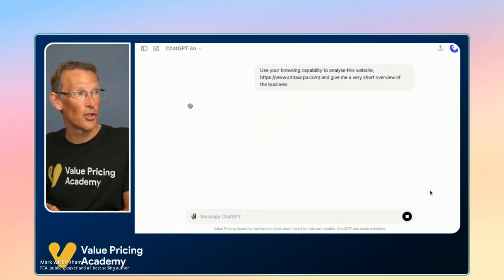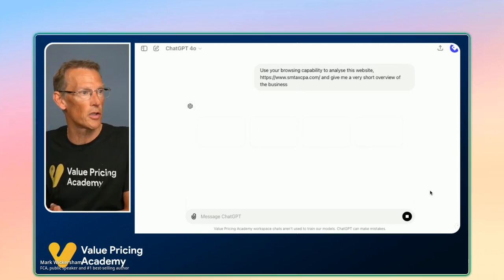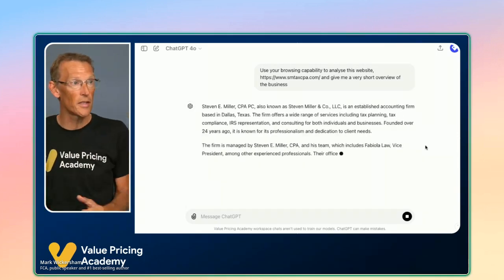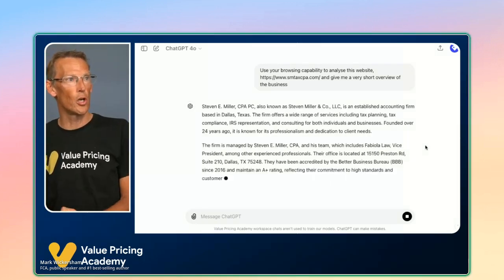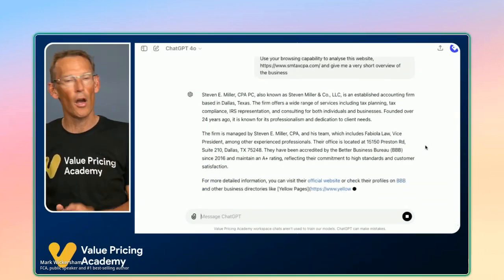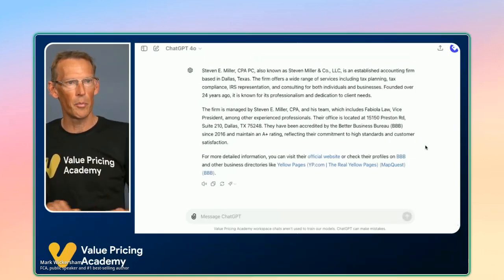It should do. Searching the web, it says, and there's always a bit of a pause when it's searching the web because it's obviously going off and doing something. And oh, here we go. It's clearly read the website because it's giving me a short overview of the business I am playing today. And the only reason for doing that is just to give it some context so it knows about my business. Okay, let's do the real prompt then.